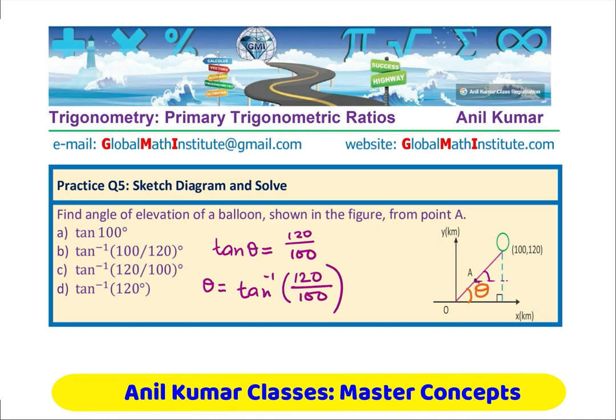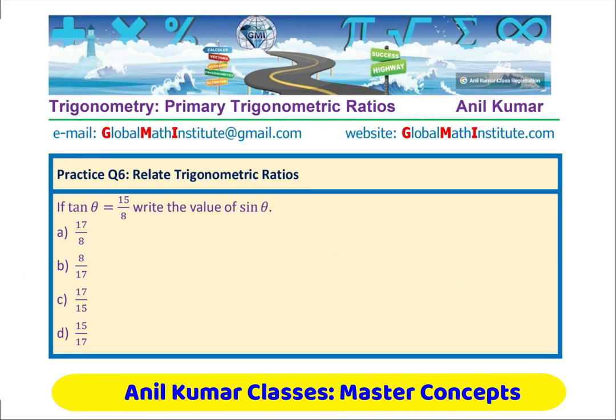Purposely the values are not simplified, just to give you the view of what tan theta is, right? So tan theta is the ratio of 120 to 100, tan inverse as shown here. Get an idea, right? So these questions are helping you build a concept and get ready for more difficult questions to come. Question 6 is,